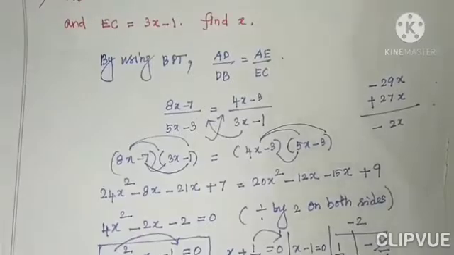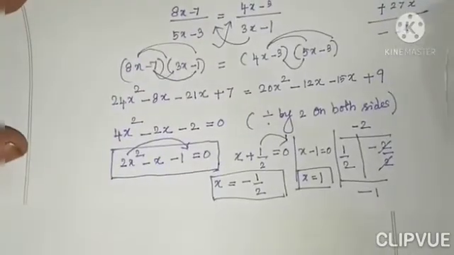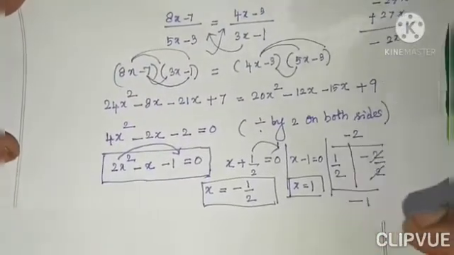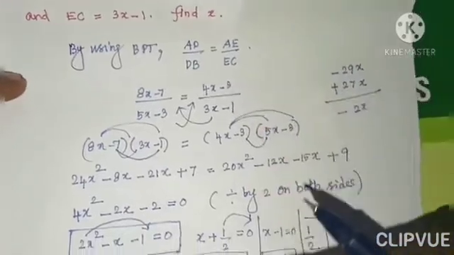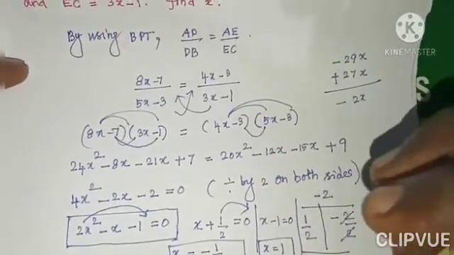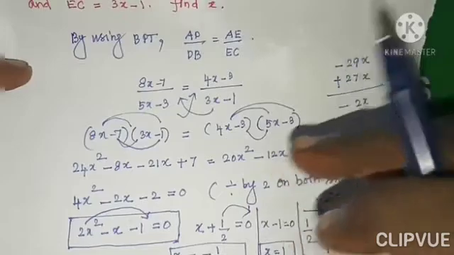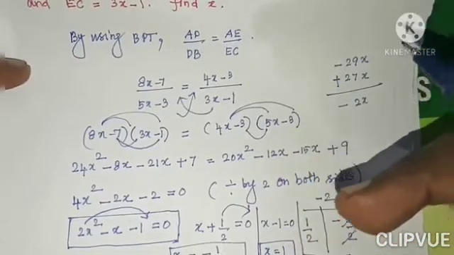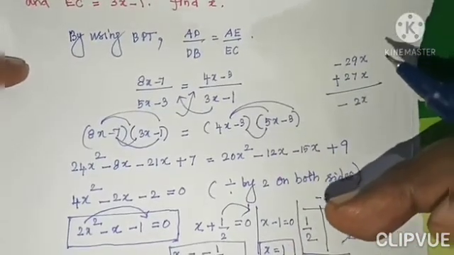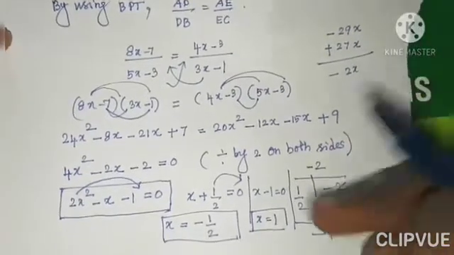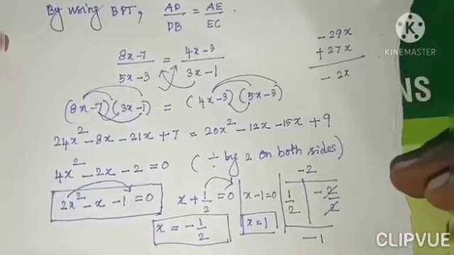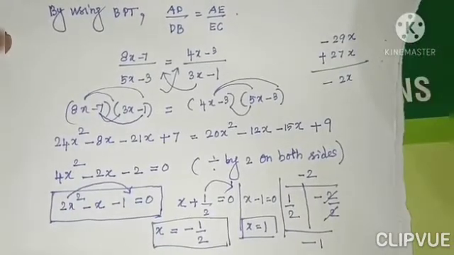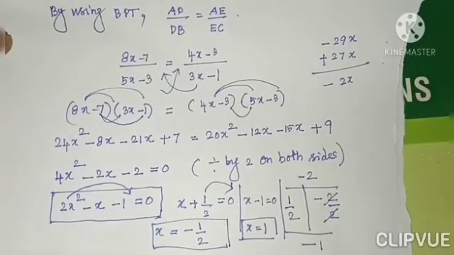I hope you understand this. Compared with the previous problem, it is very easy because all the four values are given. We just apply and we find the value of x. Here we must have sufficient knowledge in simplification, like algebra, addition, subtraction, multiplication, division and factorization. These rules we must know. If you know this, you can solve the problem very easily. Okay, so move to the next one.